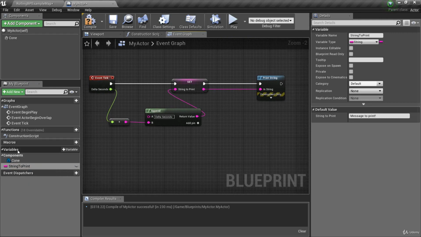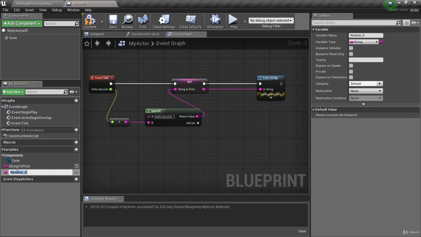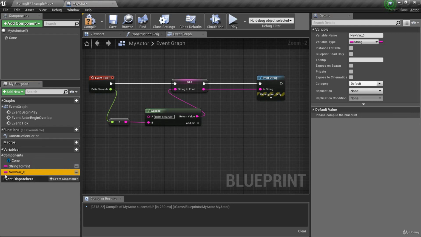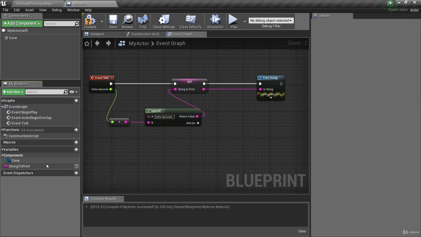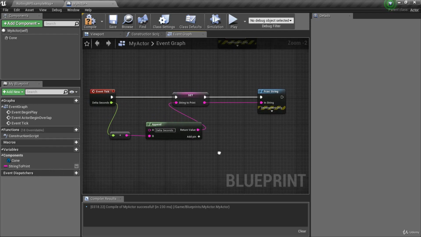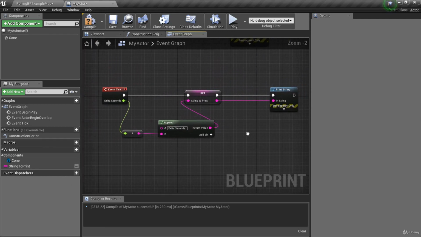So they're as easy as just clicking on the plus and adding a new variable. And you'll see that when I've added a new variable, its type is pink because it remembers the last type that I used, the last variable that I created, and it'll automatically create a new variable of that same type. And of course, if you've created a new variable that you don't want, you can click it to highlight it, hit the delete key, and you will delete that variable and you'll no longer have it. So that is event tick. That is also how you create a new variable, and also you've learned the difference between different types